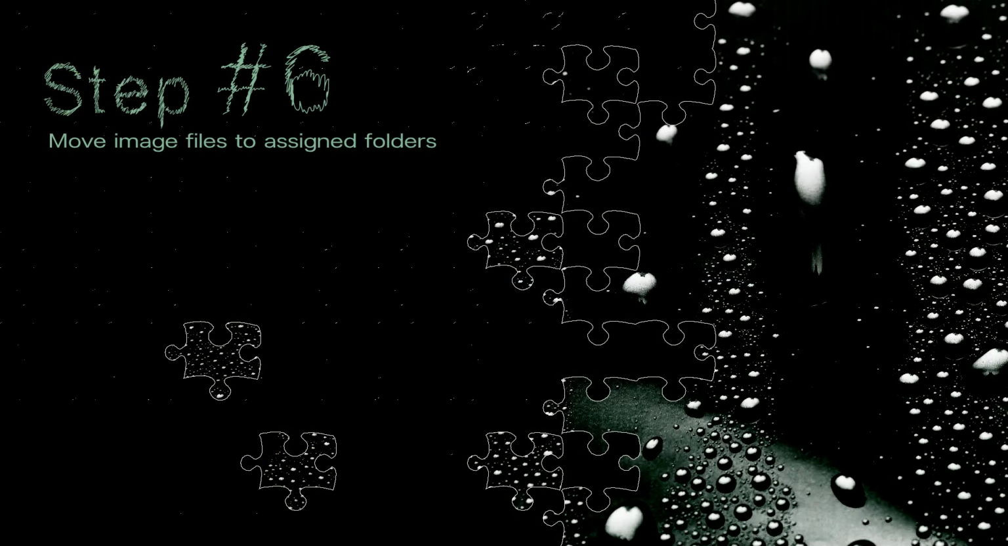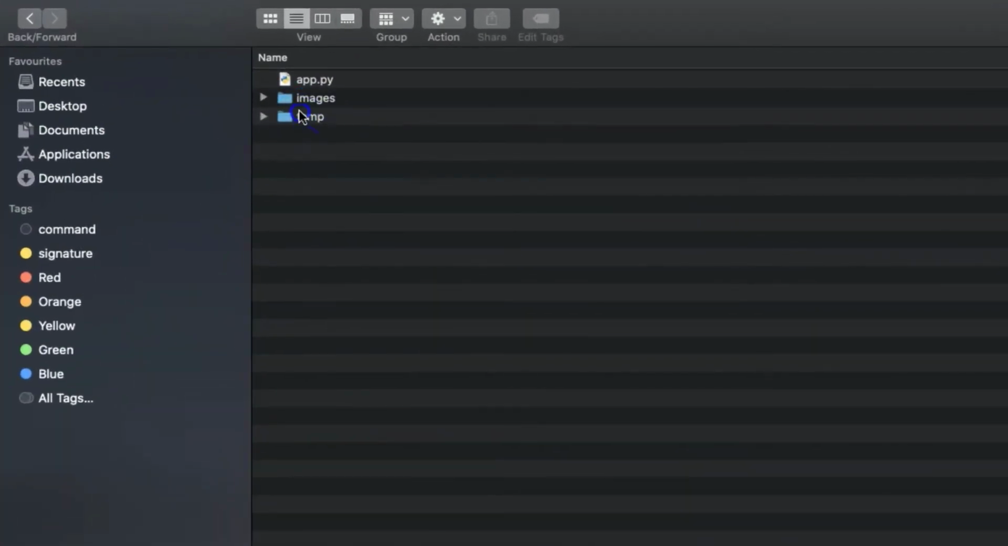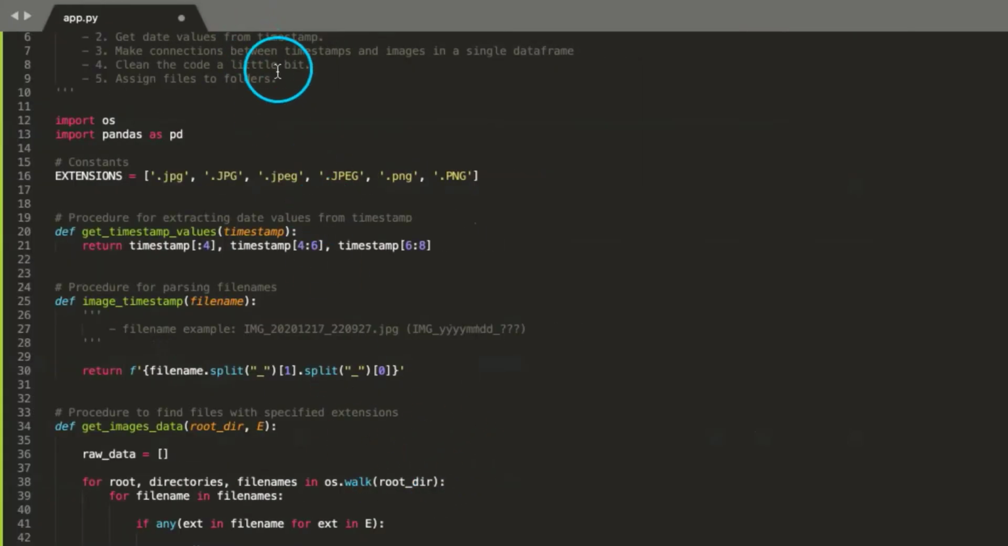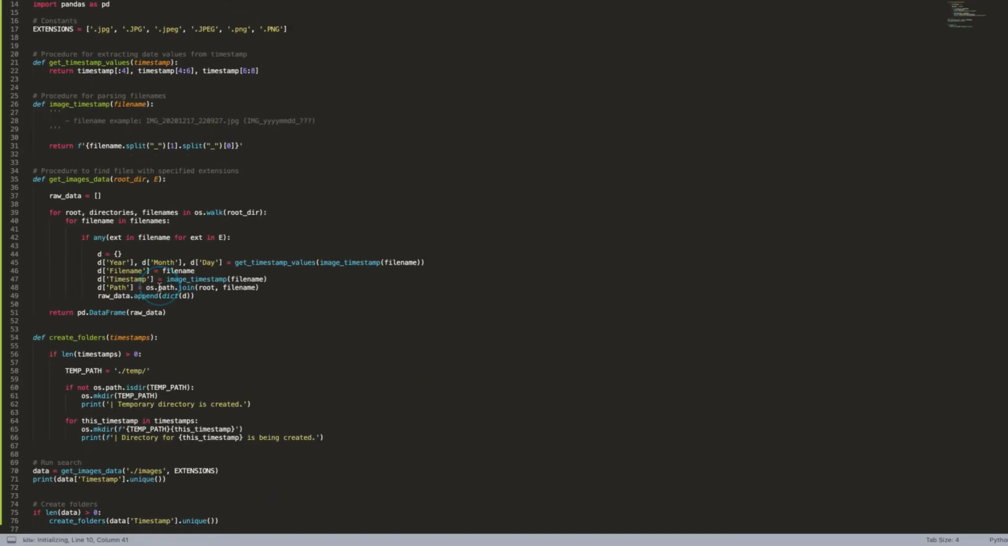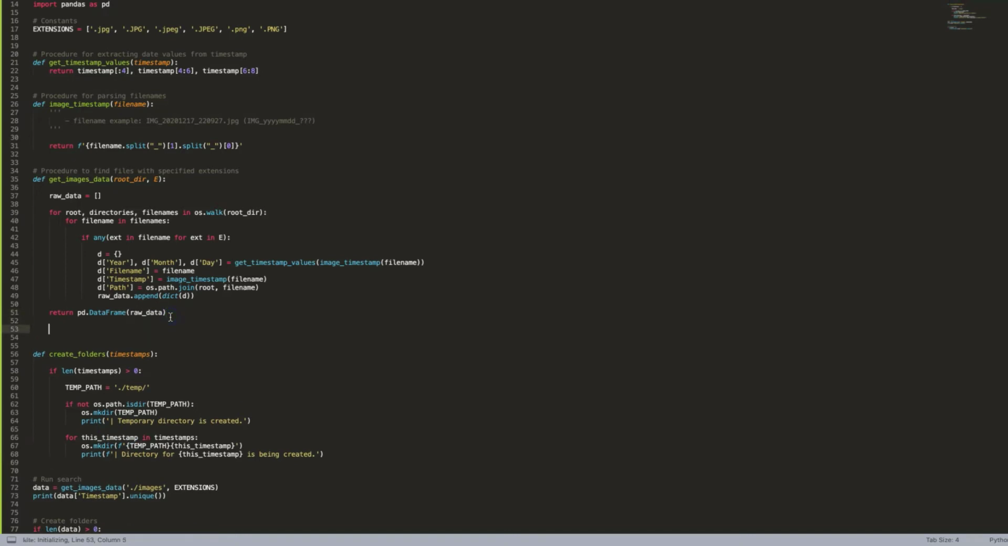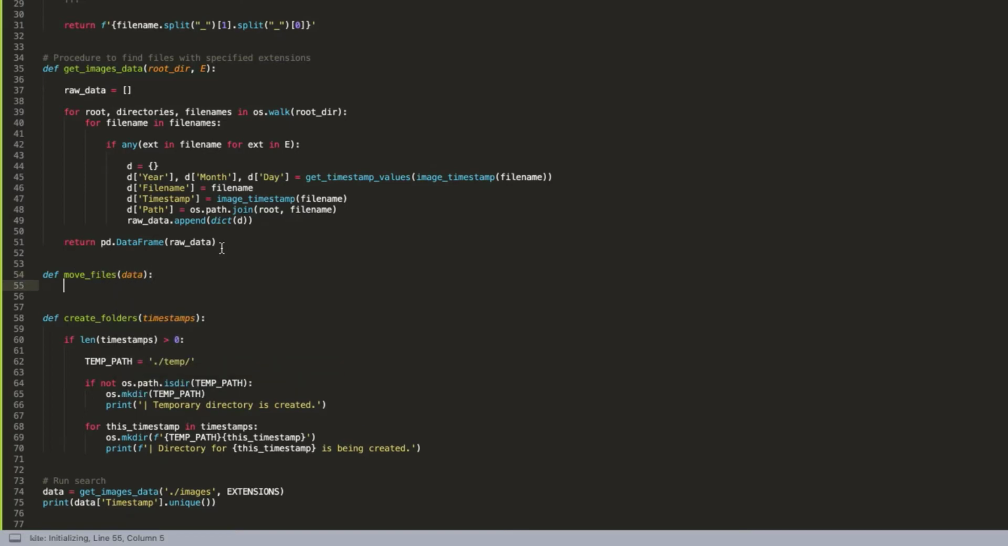Step number 6. Move image files to assigned folders. In this step, we'll create a special procedure that will move our images to a specified timestamp folder. Let's write it down here. And we need to write a function that will understand where a given image should be moved. So let's write a procedure move files, and